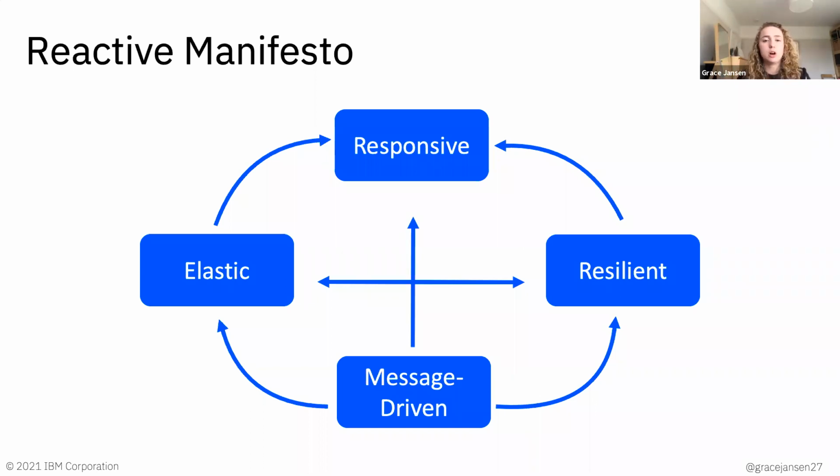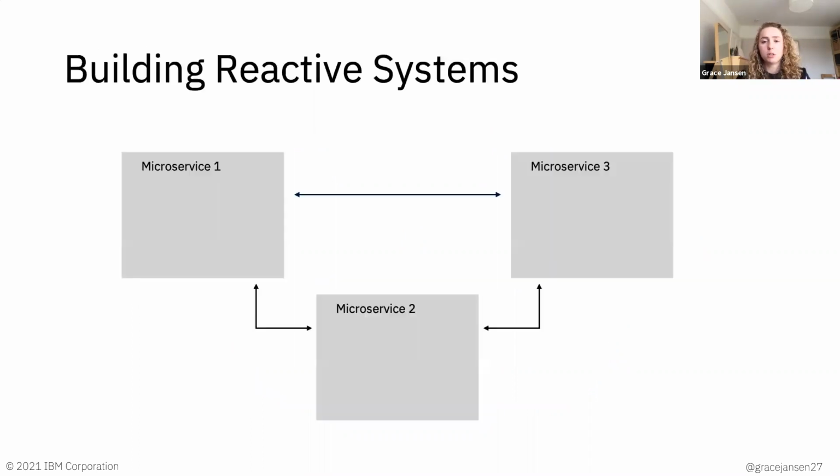And that leads on to the last characteristic, to be responsive: to be as responsive as possible to events within the system, to state changes essentially. And by encompassing all of these characteristics and behaviors, we can achieve a really reactive application, as our users expect in this modern era. So how do we actually go about building this?